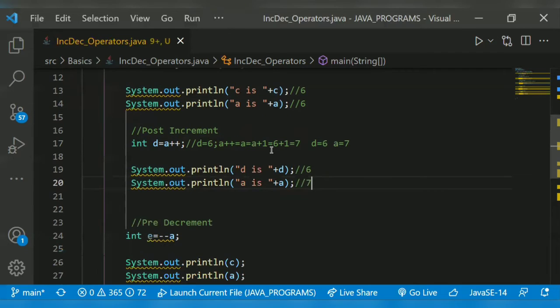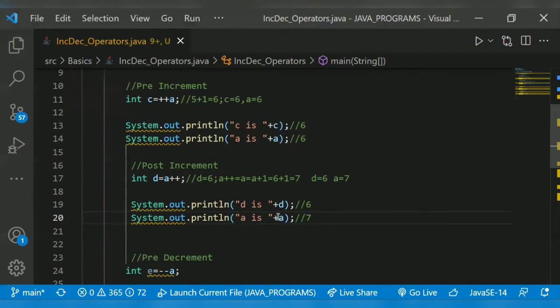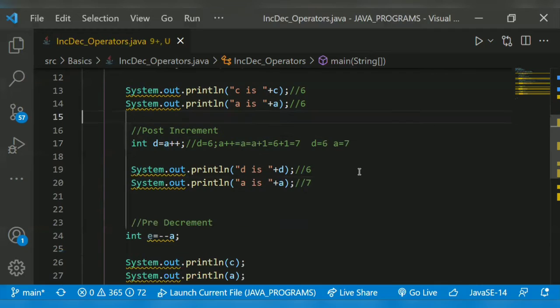Hope you understand the concept between pre-increment and post-increment. In pre-increment, the value gets incremented and stored in c. In post-increment, the value is assigned first to d, then only a will get incremented. So d remains the same, since a will get incremented to 7.